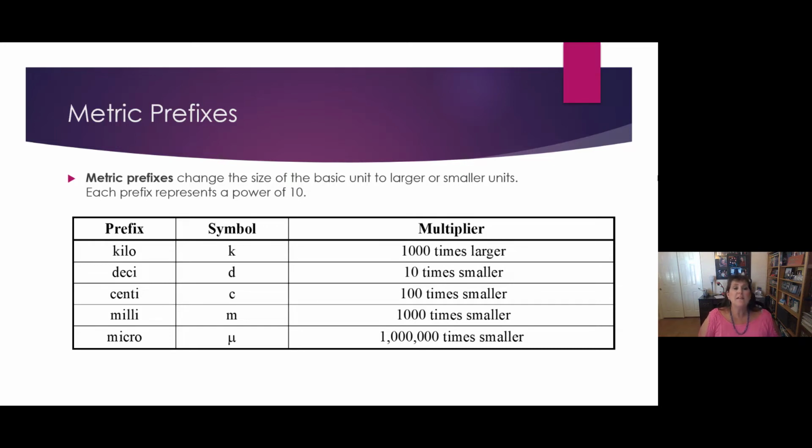Finally, micro, with the symbol mu. It's a Greek letter. It looks like a U, but you kind of upsweep into that U. And it's 1,000,000 times smaller. I remember that like microscope is to see really small things, 1,000,000 times smaller. So there's a million micrometers in 1 meter. Micro goes with 1,000,000.